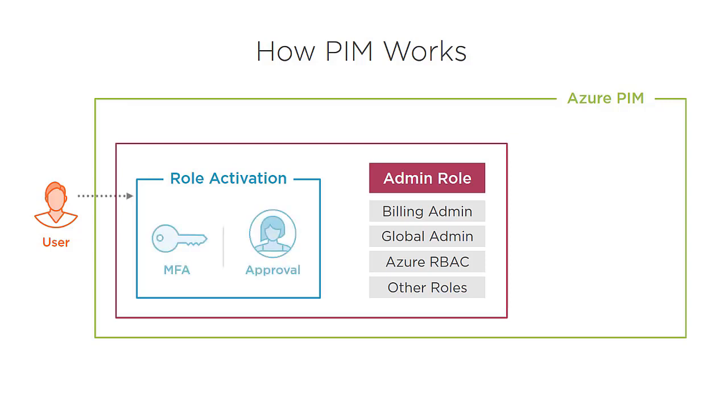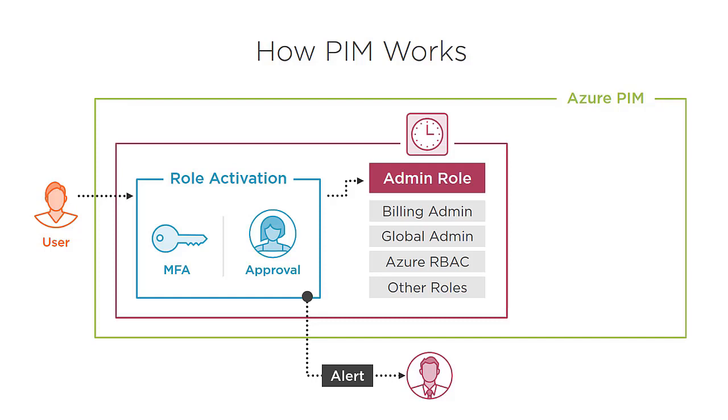role activation process first. In the role activation process, you might require him to do multi-factor authentication to prove his identity, or even start a workflow approval process. Only when he passes those role activation checks, he can activate his global admin role. This role activation can also trigger an alert to other people in your organization, since activating a global admin role requires attention. Now, after Bob activates his global admin role, he becomes a global admin for a period of time